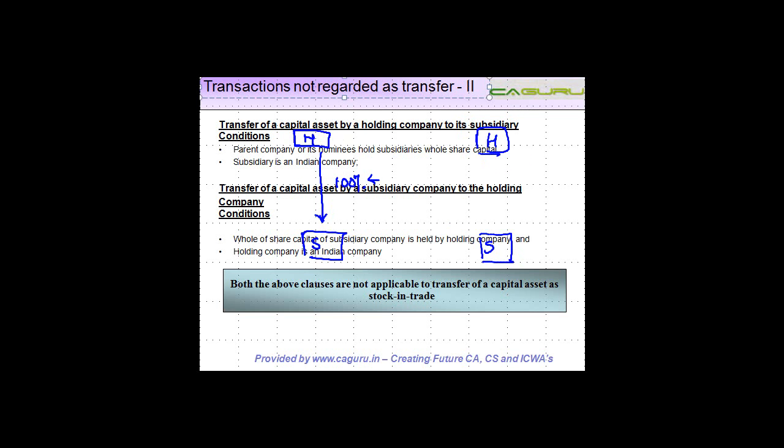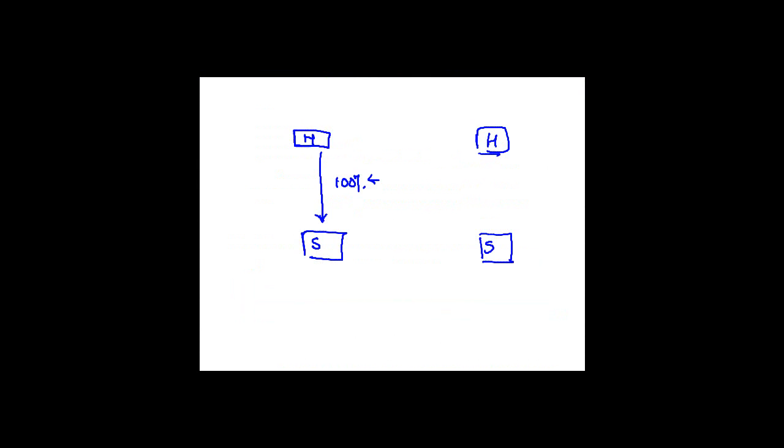So, transfer of a capital asset by a holding company to its subsidiary. Please note that the asset which is transferred has to be a capital asset. So if what you are transferring is stock in trade, or anything else which does not constitute a capital asset, then this exemption is not available, right? So transfer of a capital asset from the holding company to the subsidiary is not regarded as a transfer, but